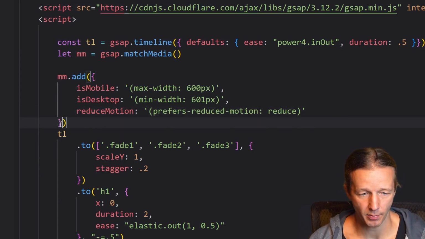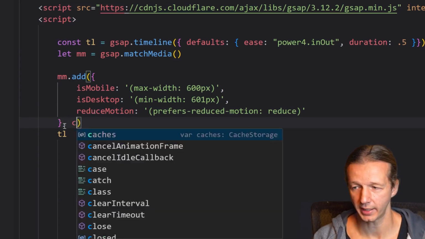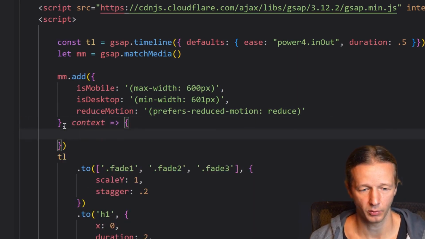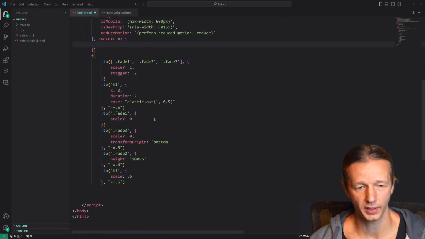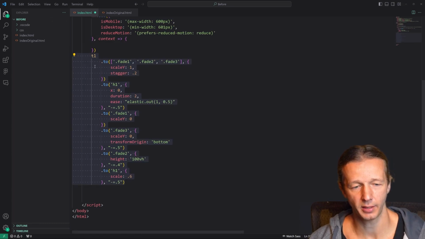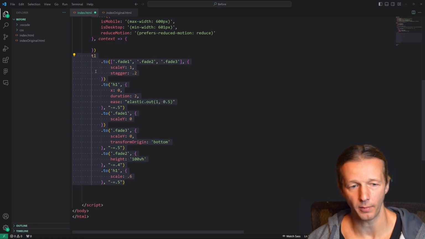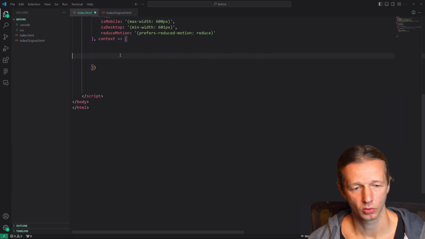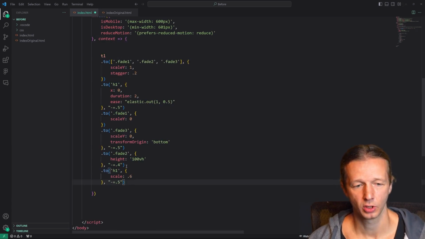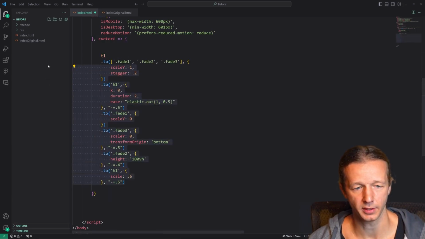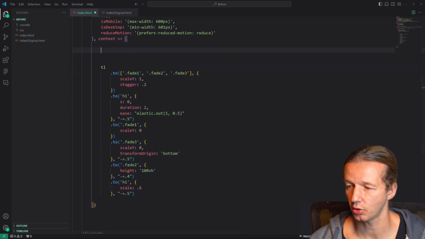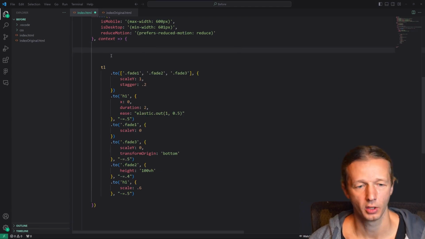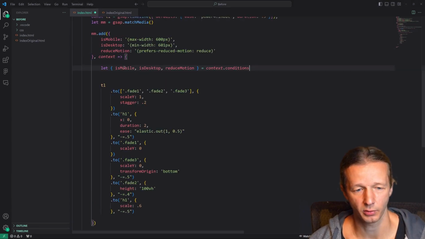Now at that point, we could put a comma here. We pass in the context, and we open up this object. What we'll do now is take all of this animation that we have in this timeline-based animation, and paste that in right around here. But above it, let's tab this out a second. Above this, we have to destructure to gain access to those three properties that we specified above. So we have isMobile, isDesktop, and reduceMotion, coming from the